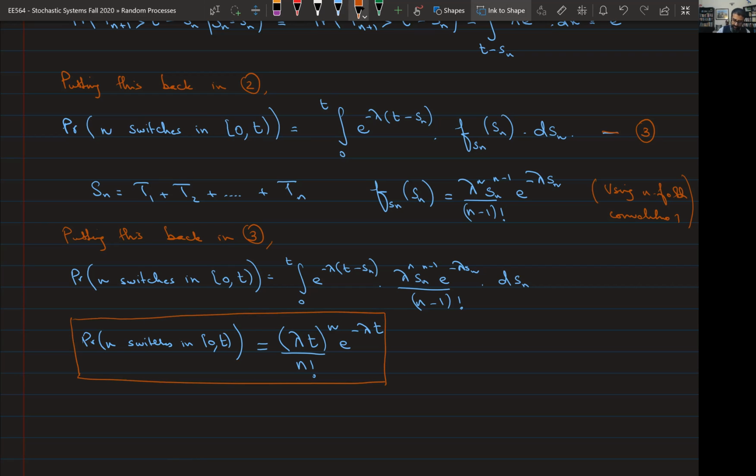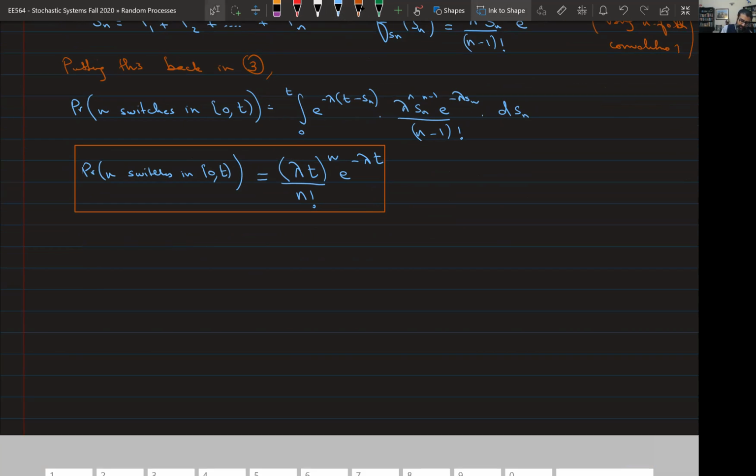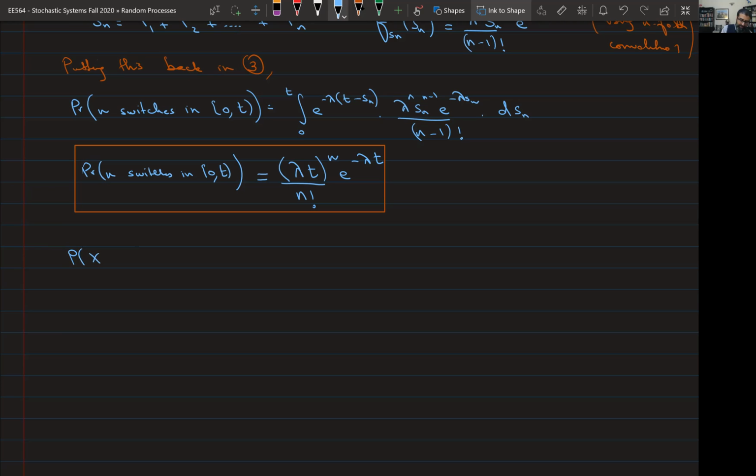Now we don't have what we wanted, right? What did we want in the first place? We wanted: what is the probability that x of t equals 0? And we said this is the probability that there are an even number of switches. Actually, when I say switches, I think I used flips earlier, right? So switches and flips, I'm using them interchangeably. Even switches in this interval,